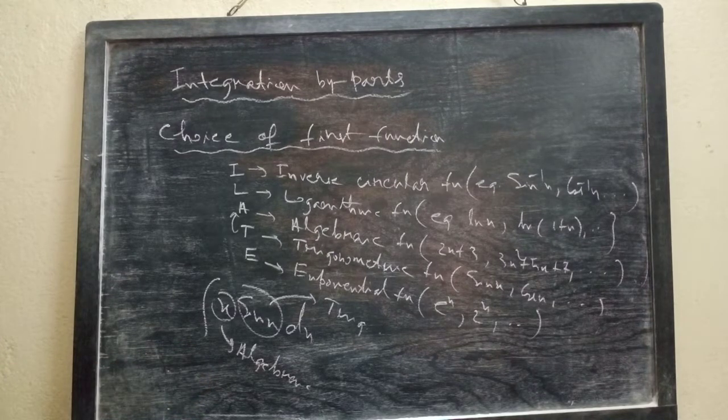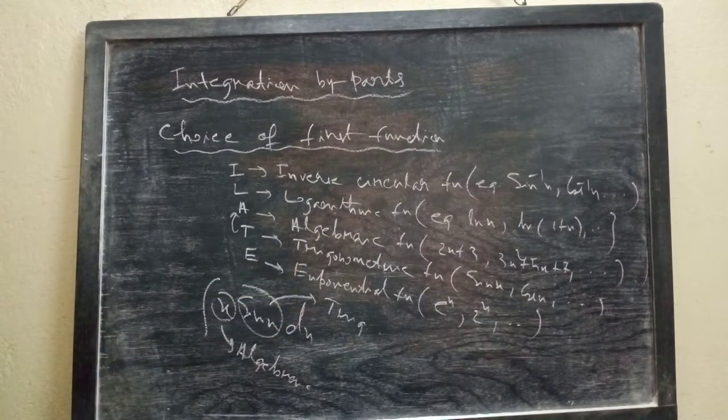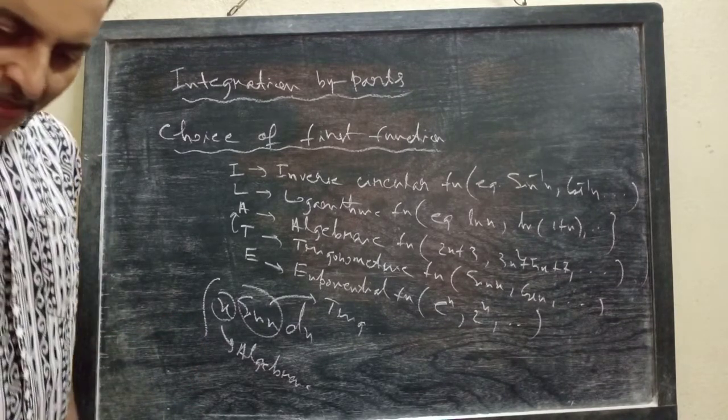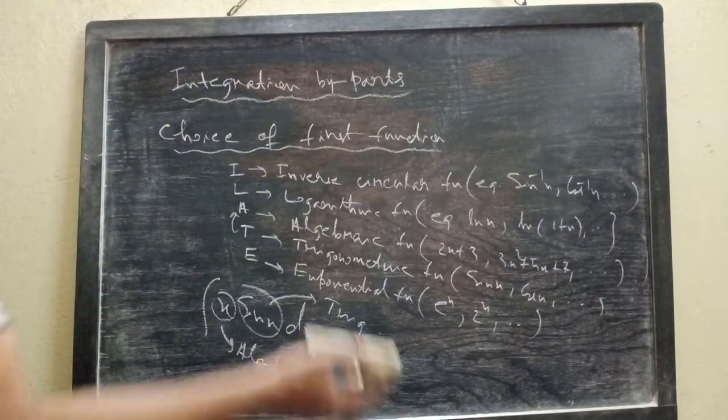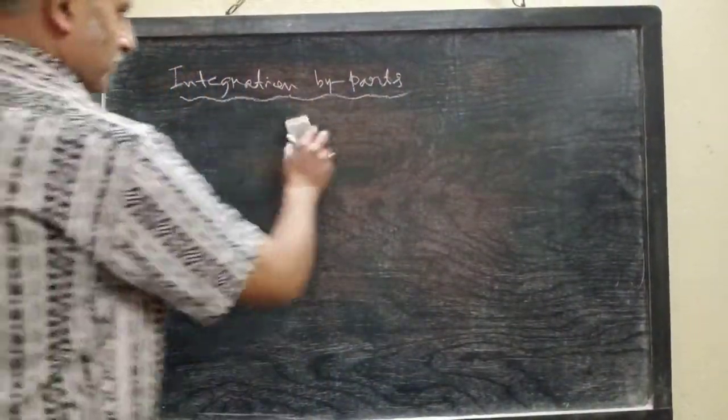There is another thought behind this. If you choose x as the second function, then you have to do its integral, and when you integrate x, its exponent rises, that is, increases. So the integral becomes more difficult. That is also a reason for choosing x as the first function. So you have to know this rule for choosing the first function. Let me do some examples.